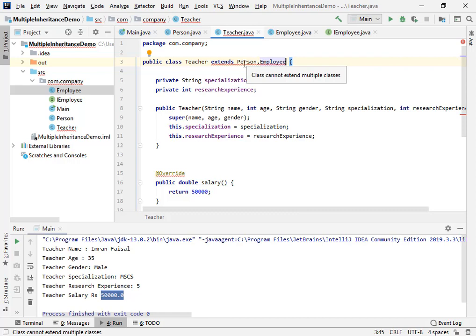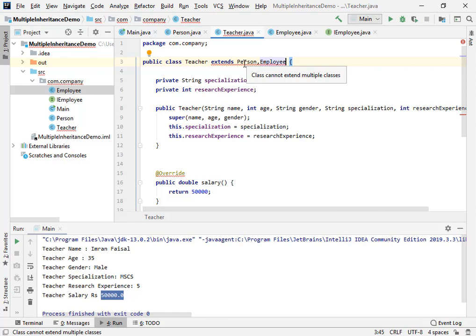So that's why it is important to understand that whenever you have to extend multiple classes, or whenever you have to implement multiple inheritance in Java, you can accomplish this by not extending more than one class at the same time.